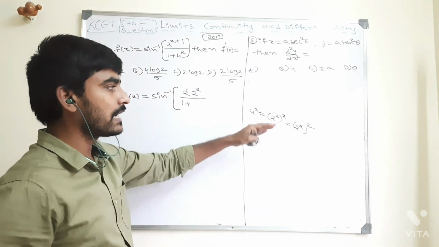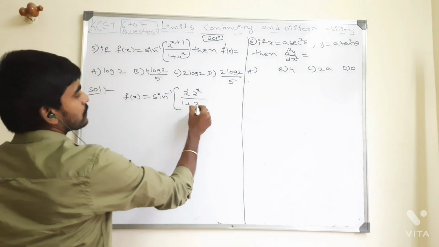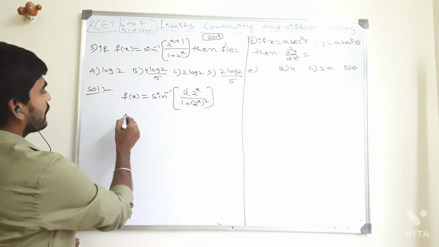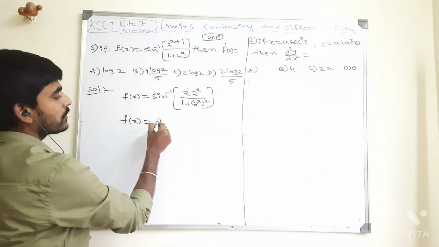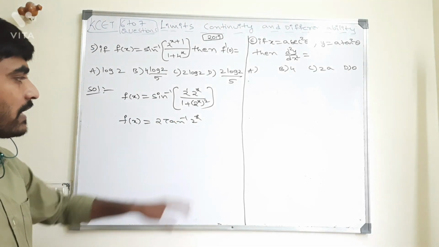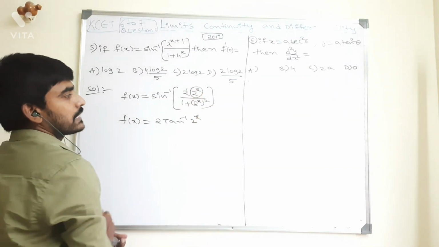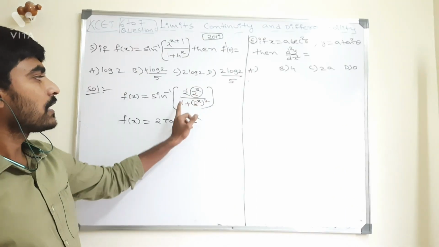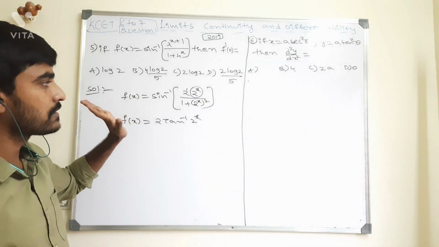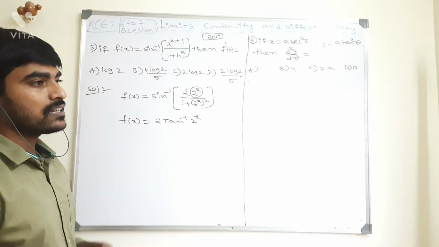These are all basics only, so I need to write directly. Maybe you won't understand, that's why I am explaining these things. So I can write directly 2 power x whole square. Then this result I am going to get: 2 tan inverse 2 power x, because we'll take it as some tan theta. So 2 tan theta by 1 plus tan square theta, that means sin 2 theta. Sin inverse gets cancelled, 2 theta will be there. Theta value is nothing but tan inverse of 2 power x.